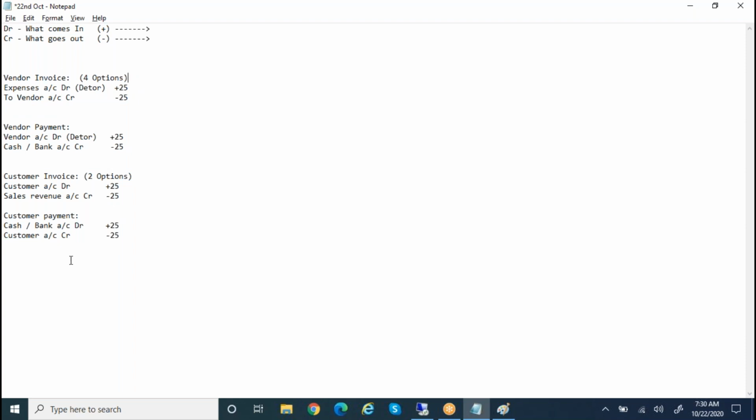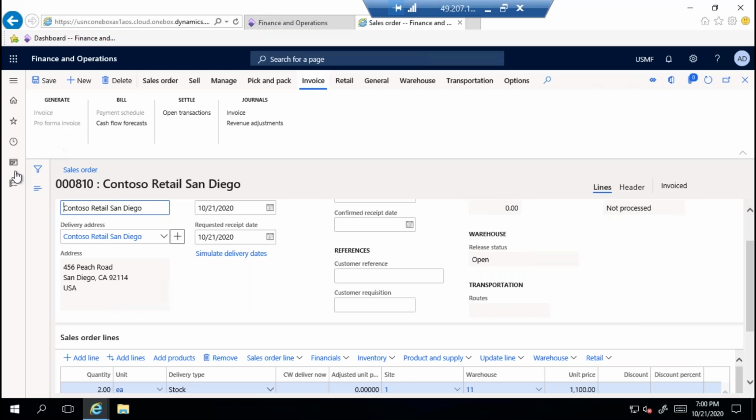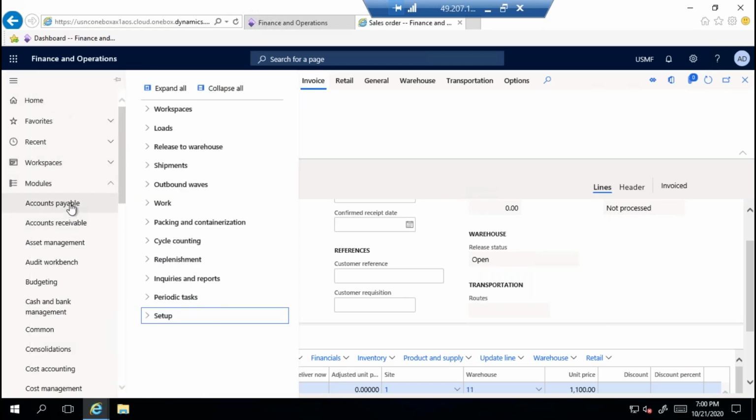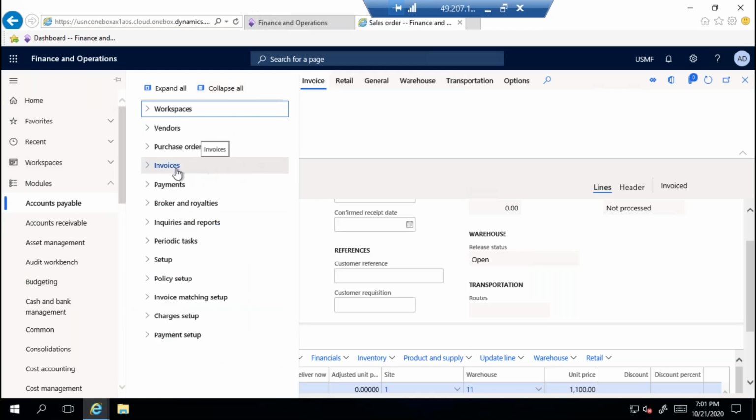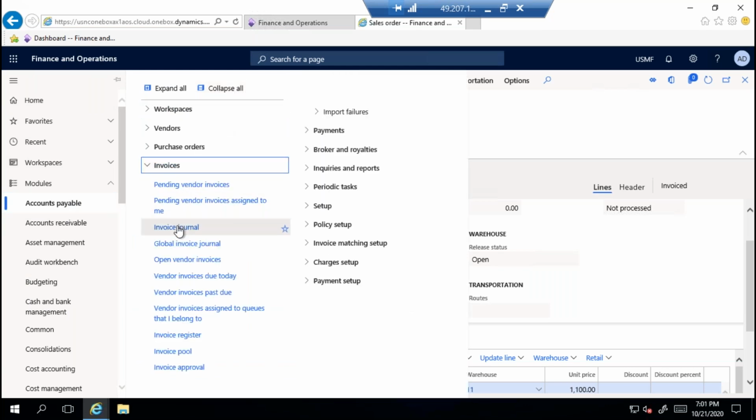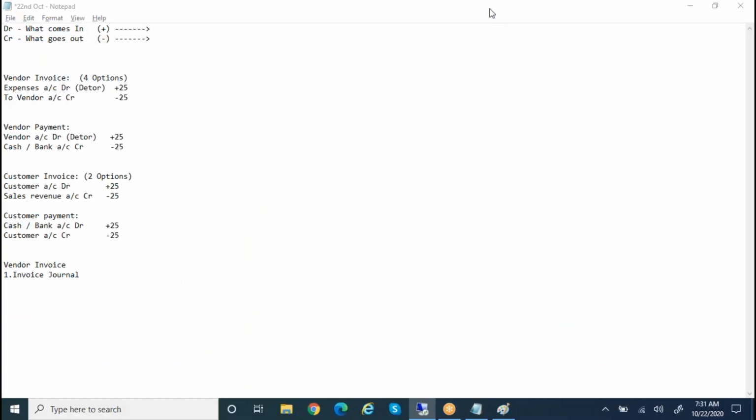In these 4 options, the first option for vendor invoice is invoice journal. So where can we do this one? It is in the accounts payable module. In the modules, the first module is accounts payable. So collapse all, invoices, invoice journal. The path is